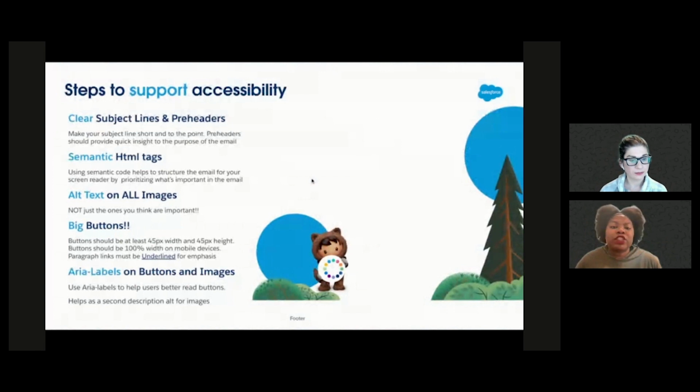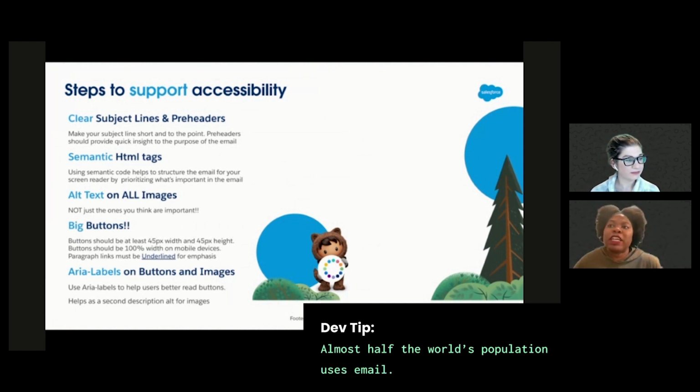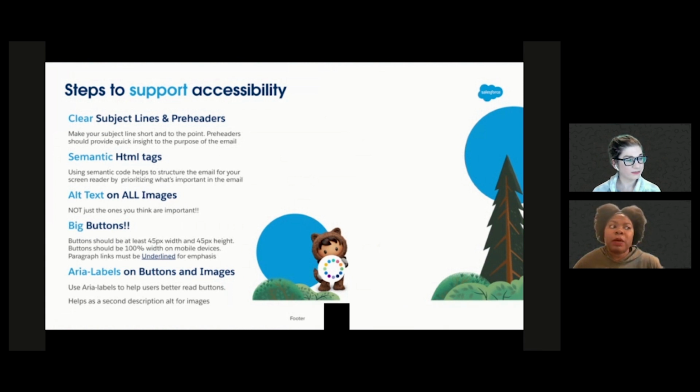So what steps can we take to remedy some of these issues? Let's be real clear and to the point with our subject lines and pre-headers. So no more "got the best deals are right inside." No. How about we say the best deals on shoes and dresses are one click away from this email, or something? Like, what are we getting deals on? Instead of having a pre-header that says 50% off the summer sale. Okay, 50% off of what though? What are we getting 50% off on? Like, give us more details and give it to us straight and to the point.